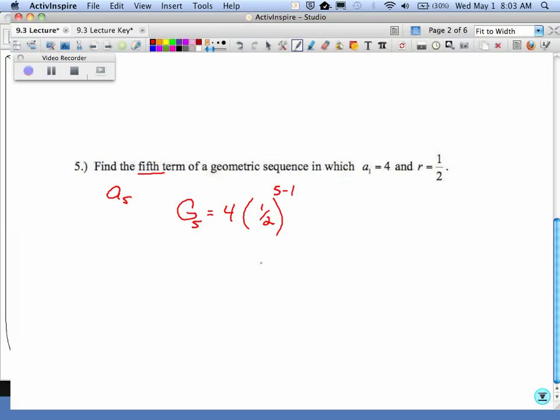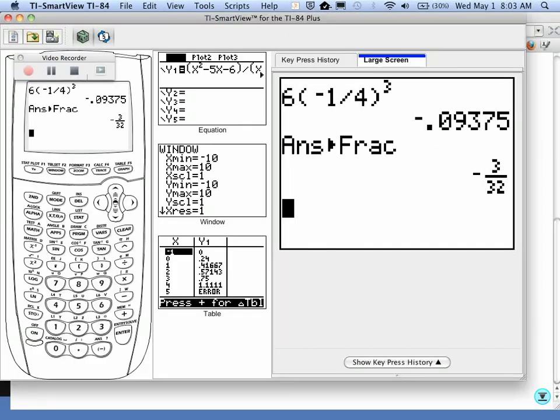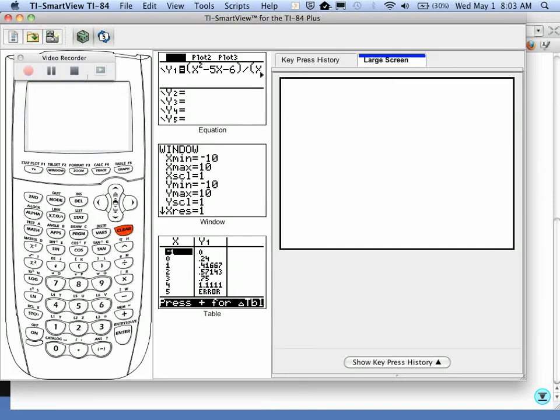1/4. Again, first term was 4. And then the r value was 1/2. And we raised it to the 4th power. And then